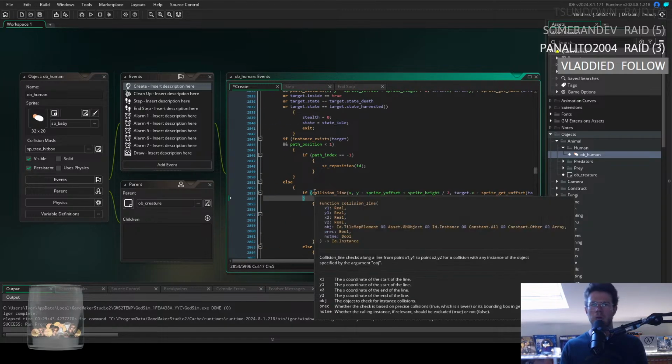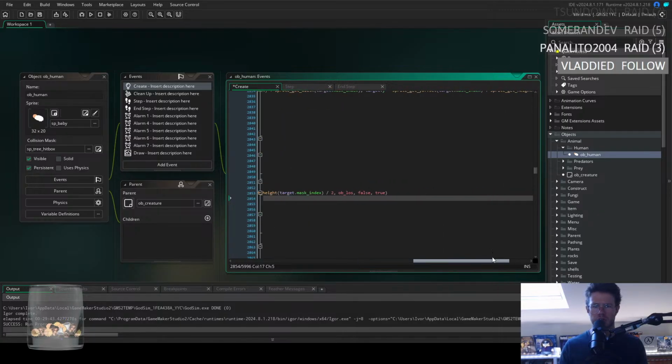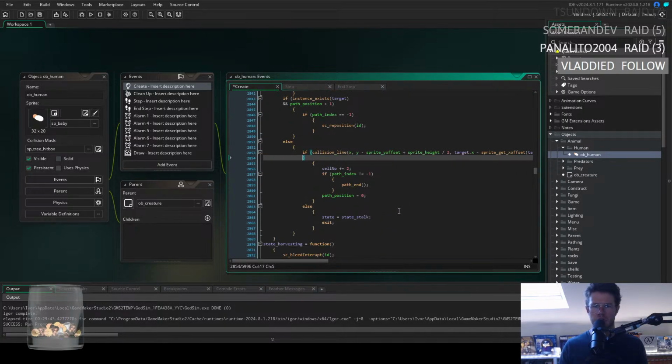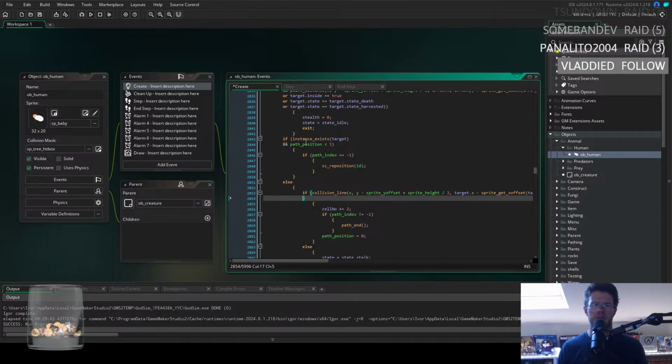What is this? Collision, what does this do? Path end, path position 0. And then they repath. So it's like they aim and they're like, oh, something's in the way, I should move. We reset path position 0, so it does this again, and they reposition again. So we'd say collision line, and it hits anything that is a child of object loss or